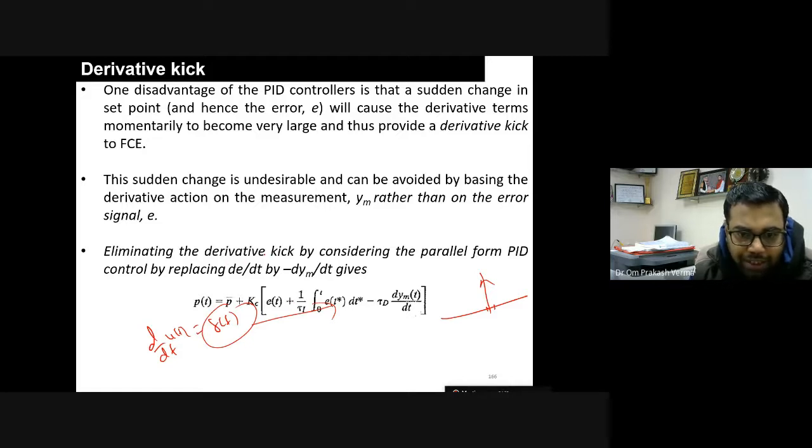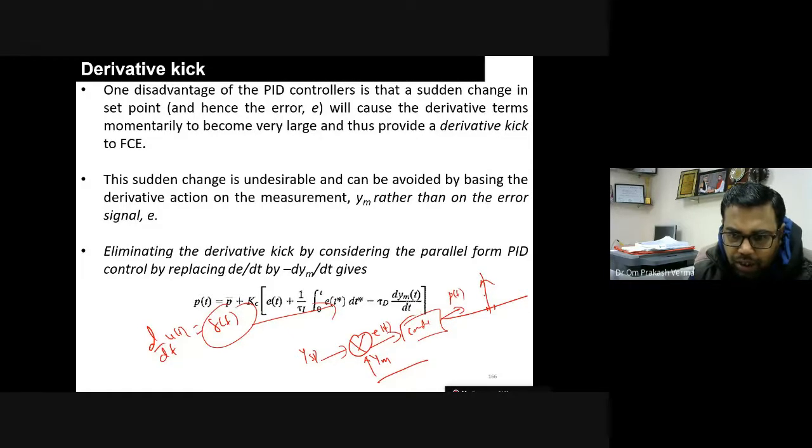So how to eliminate this? So as you know that this is the set point and this one is the measured value ym, okay, and this is the error value. And this is the controller, and the controller will just generate the PT signal and send it to the final control element, and then the final control element acts on the process. Okay, so हम लोग लिखते हैं ET is equals to, है ना?